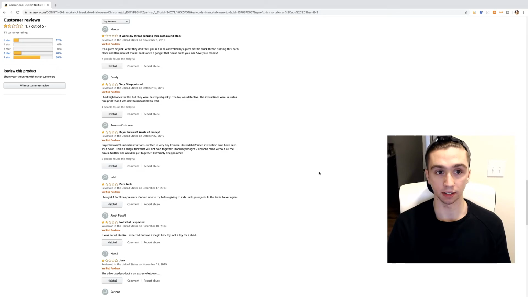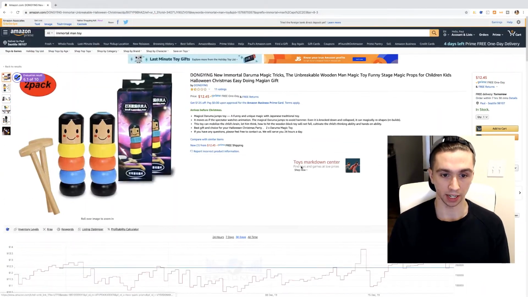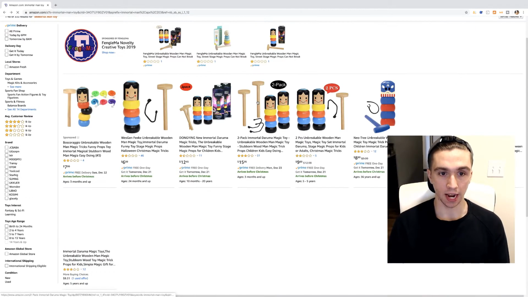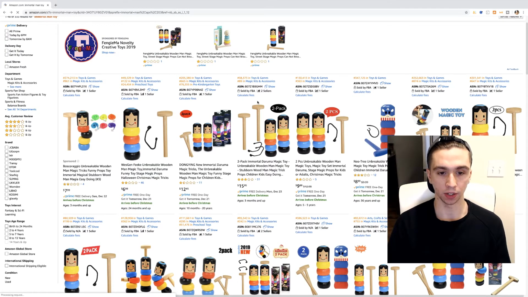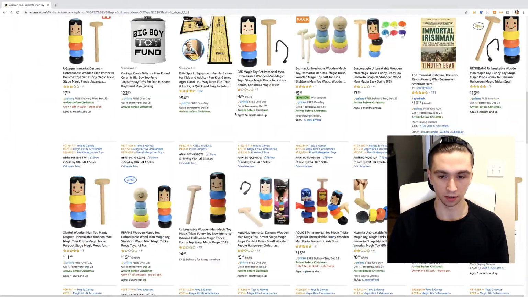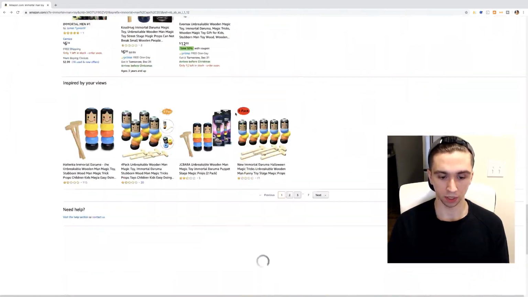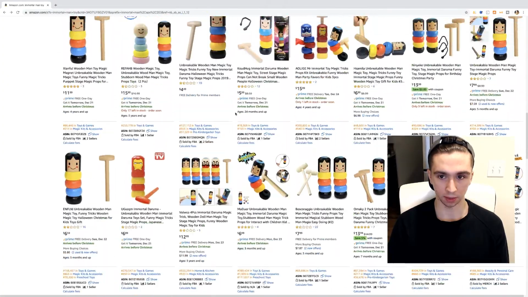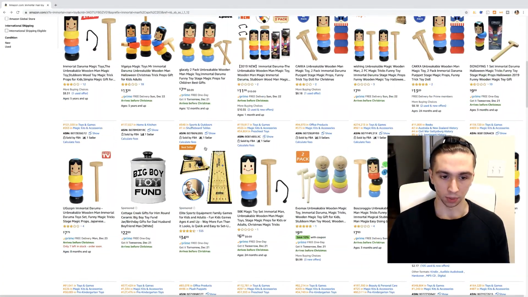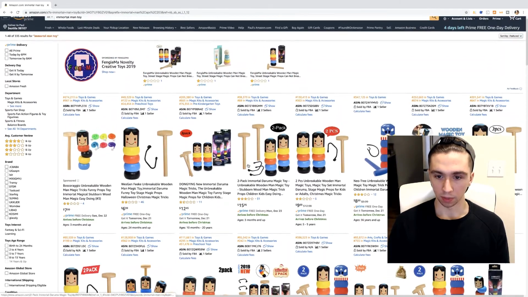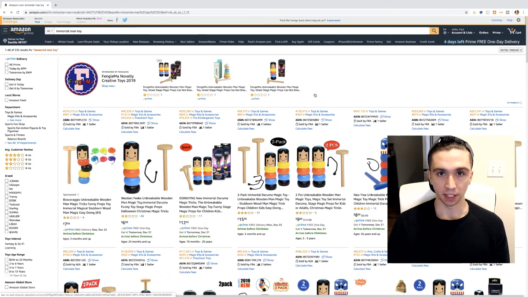So moving on to the last one, you need to find markets that have a lack of service. What I mean by that is, in our case, a lack of sellers, right? So there's not enough people delivering compared to the demand for the product. If we were to use a keyword tool and see that there's 4,000 searches per month for a Mortal Man toy, but there's only 1 page of sellers from the looks of it, it's already thinning out and there's already random stuff in here. Bowling Alley, Big Toy Fun, I mean, those are sponsored popping up, but they all have the same issue. No one has fixed it. So look out for that.